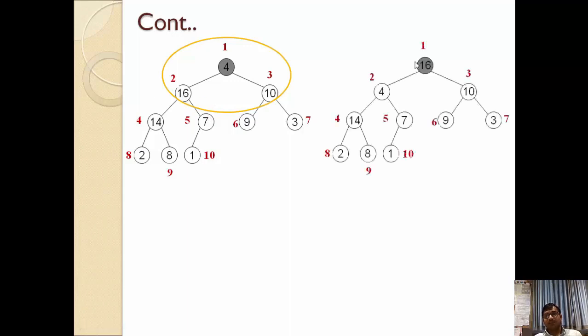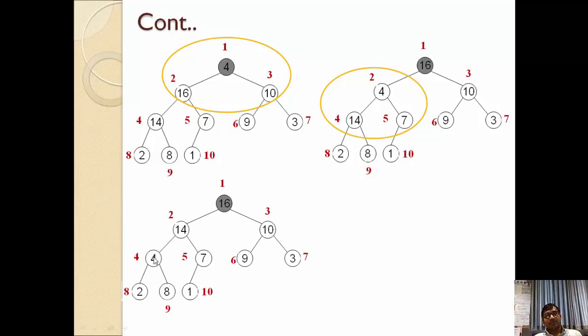So when we get this kind of tree, for example when we move 16 here, 4 will be here, at that time this particular left tree will not satisfy the property of max heap tree. So again 4 is not larger than the left as well as right child. So we need to perform swapping between the largest element and the parent. So the largest element is 14 and our parent has a 4 value. So both will be swapped with each other. Then we can get the next, that is 4 will be here and 14 will move here.